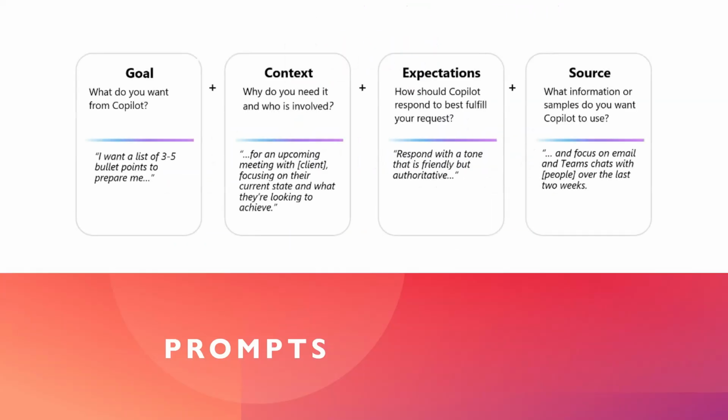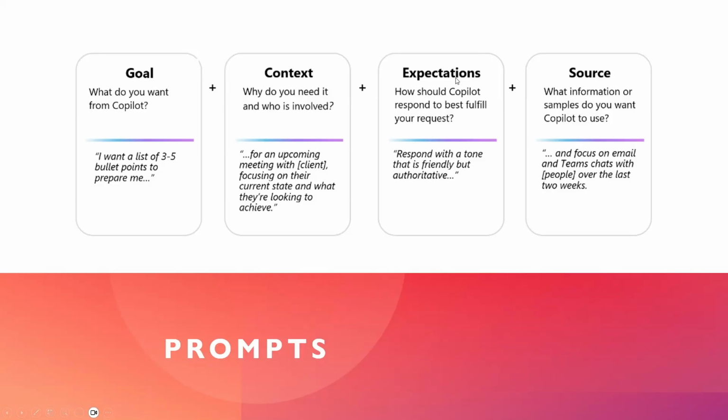So in generic terms, a prompt could have a goal, what it is trying to achieve from the Copilot or from the chat or from the AI agents. For example, I want a list of 3 to 5 bullet points to prepare. Then we need to give the context, why we need this particular task. So we can give the situation. In an example, for an upcoming meeting with the client, focusing on their current state and what they are